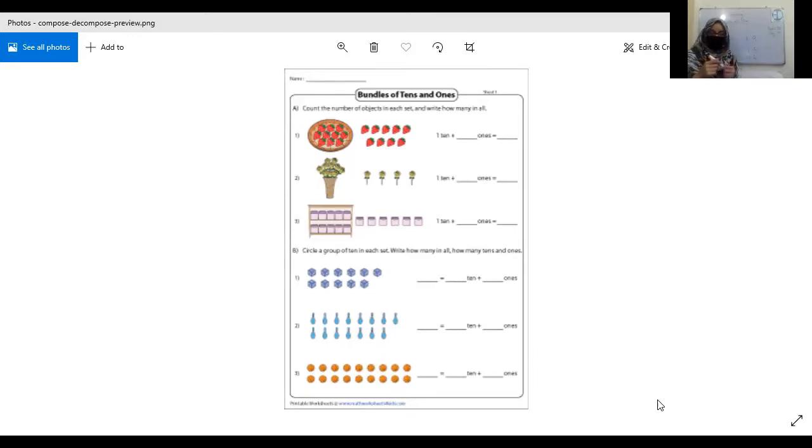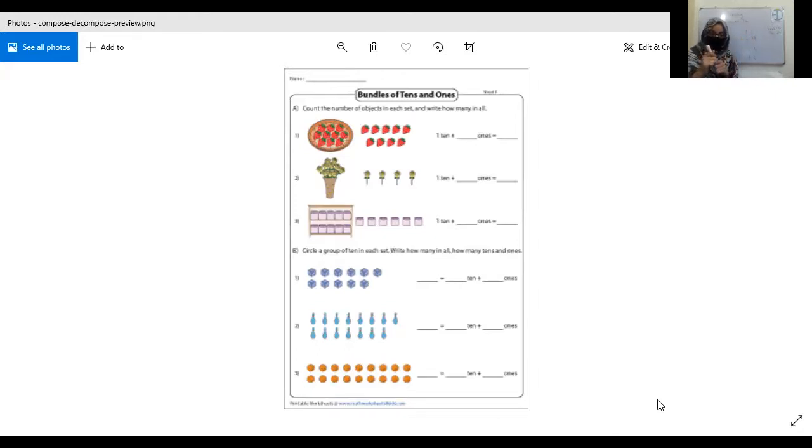Excellent. Now in the next question, it says that you need to circle a group of 10 with a different picture. Let's first look at the flowers. How many tens are there? One. First separate the ten and then count how many ones are left. One, two, three, four, five, six, seven, eight, nine, 10. So we have separated a bundle of 10. Now how many ones are left over here? Only a single one. So if we have 1 ten and 1 one, the answer would be 11.